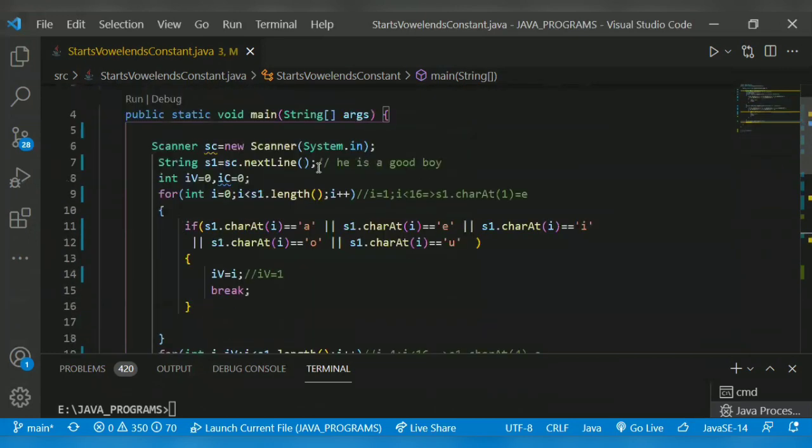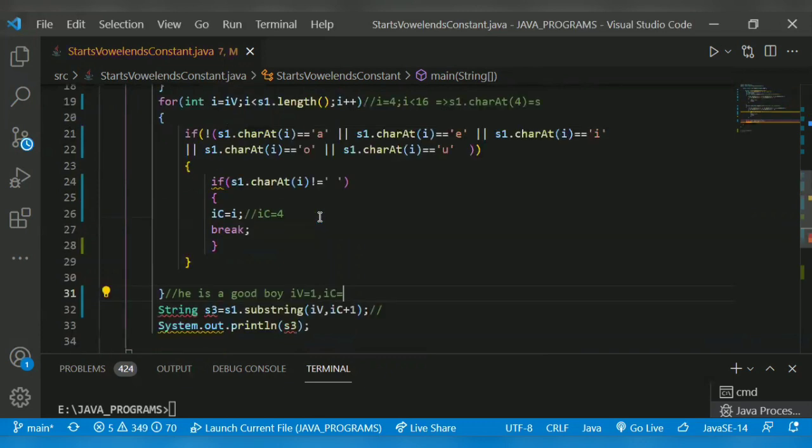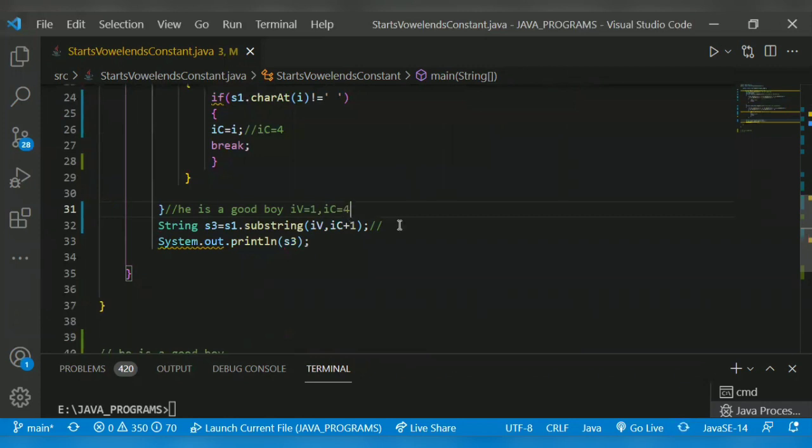I just copy and paste the given string. So our iv is 1, then our ic is 4. The substring method will run as s1.substring(1, 4 + 1), which is 1, 5.